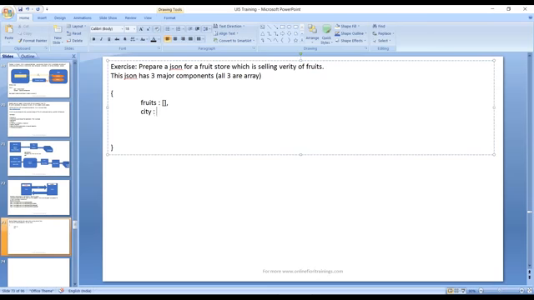Just put the city which is famous for a particular fruit, and then put some supplier name. So three entity sets you have to create as part of this JSON: fruits, city, and suppliers. In the fruits you have to put the name of the fruit, color of the fruit, type of the fruit, what is the property of this fruit, whether it is alkaline or citrus, that's the type of the fruit. So name, color, type, what is its health benefit,